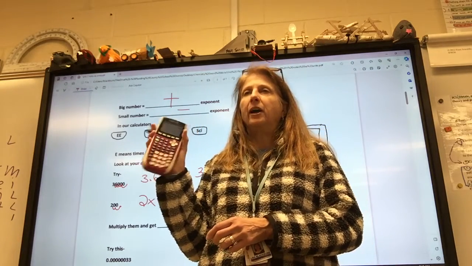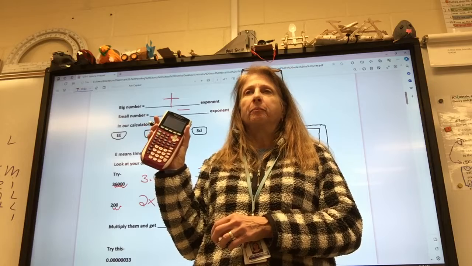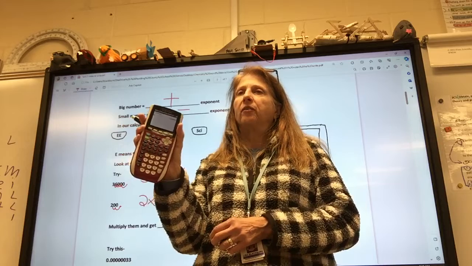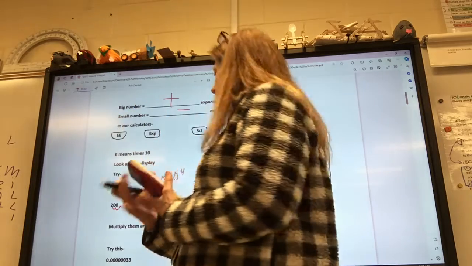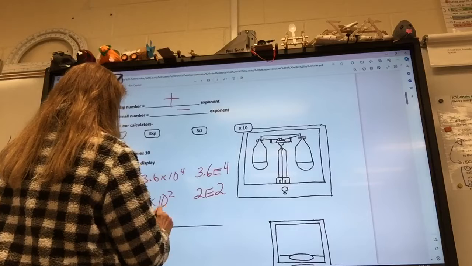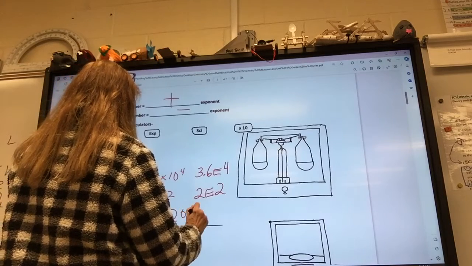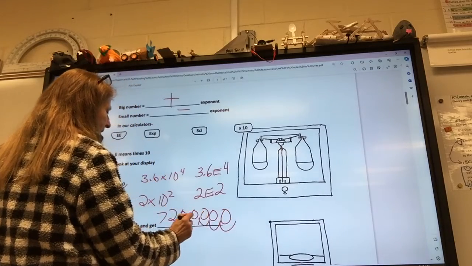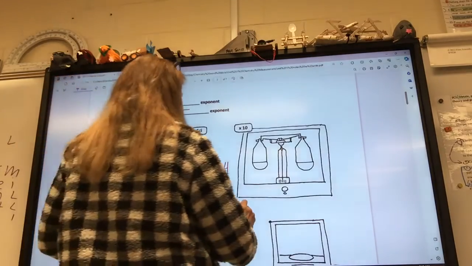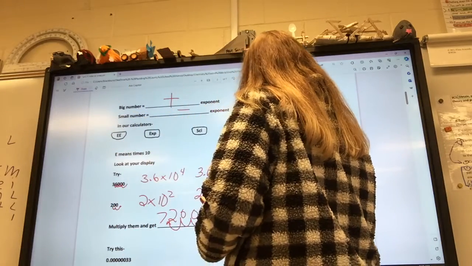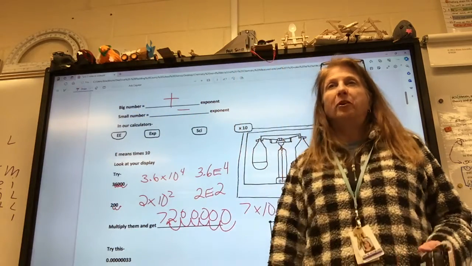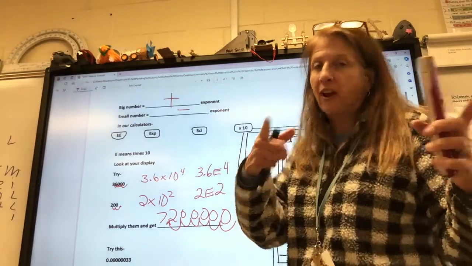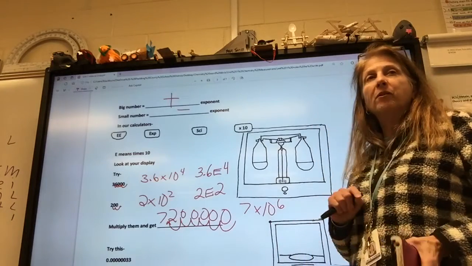Anybody doing it? Anybody playing along in your calculator? You don't need to be doing this. It's one level of skill to watch me do it. It's a whole different level of skill for you to do it. Okay, so the answer that came up on my calculator was 720,000, 1, 2, 3, 4, 5, and if I put that in scientific notation, 1, 2, 3, 4, 5, 6, that's the same thing as 7 times 10 to the 6th power. Isn't this fun? We're doing math. Don't you love math? Math is great. That's one of my slogans on my YouTube channel. Math is great.